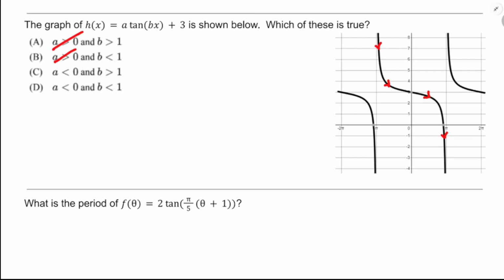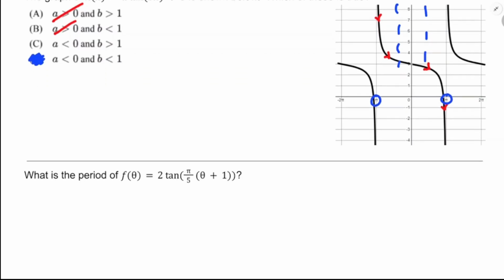And then as far as b, that has to do with whether I'm horizontally dilated, am I getting wider or am I getting narrower? Like I said before, the standard place where you would expect to have vertical asymptotes for y equals tangent x would be pi over 2 and negative pi over 2. That would be here and there. So you can see that those got pushed out from the y-axis. I got horizontally dilated by a factor larger than 1. So that means that b will need to be less than 1, because the horizontal dilation factor is 1 over b. So b needs to be less than 1,